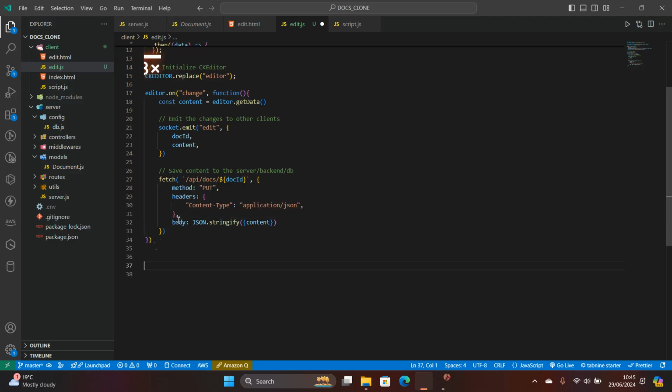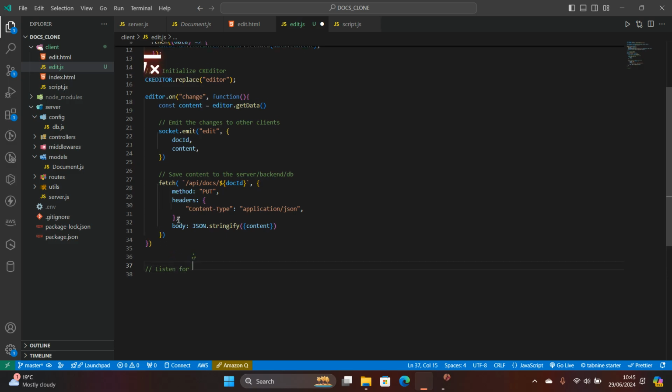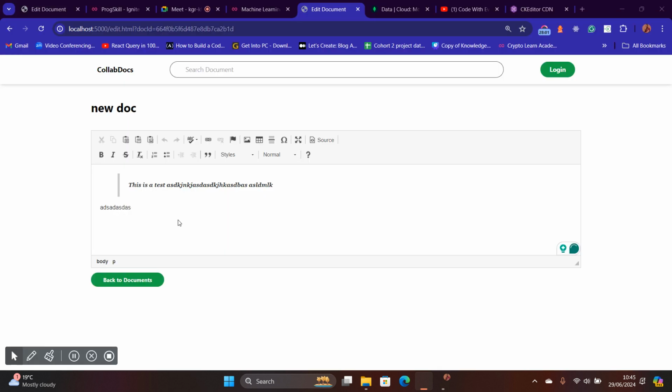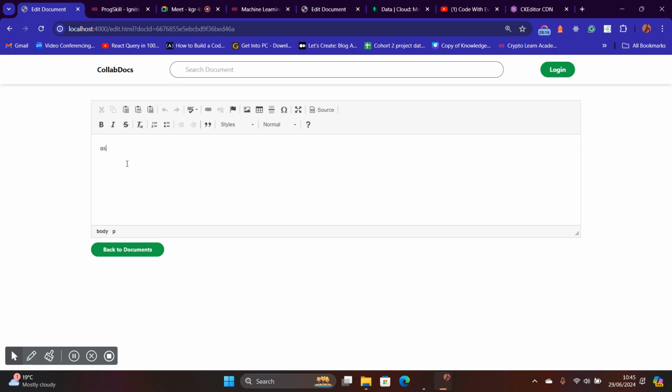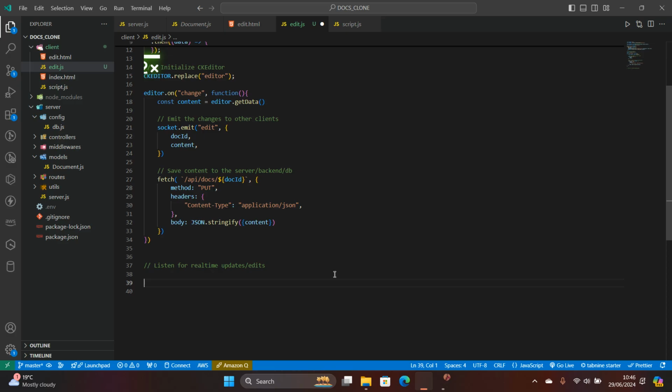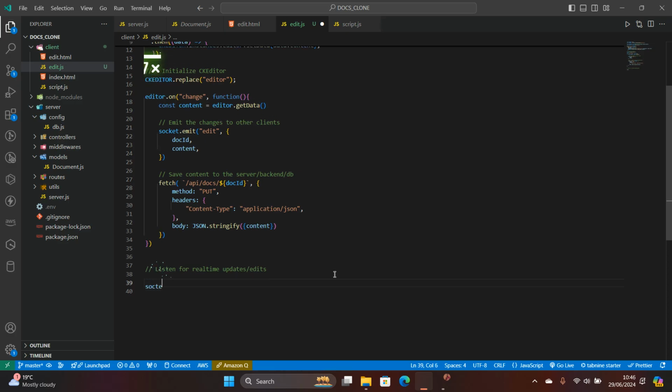Then the last thing that we can do in our edit is listen for real-time updates or edits. Real-time updates will be whenever I'm writing, this is listening to that in real time. Whenever I'm editing this, it should be saving our data to the backend. So we want to listen to real-time edits. So how do you listen to real-time edits? Let's use the